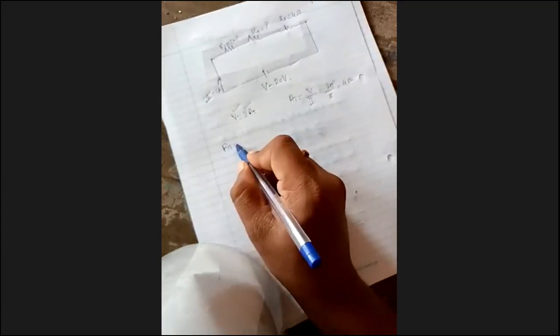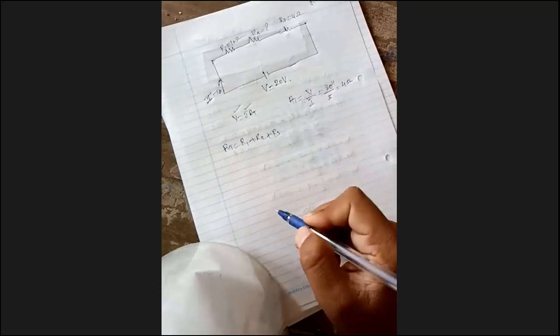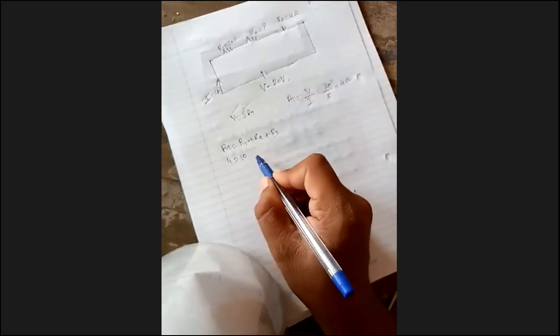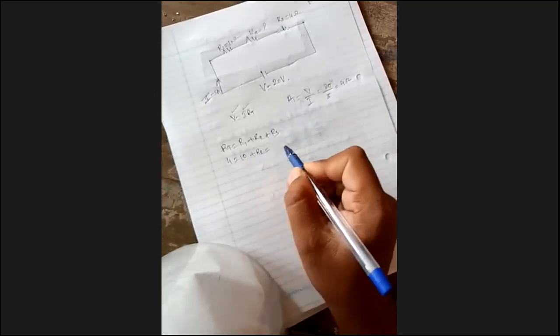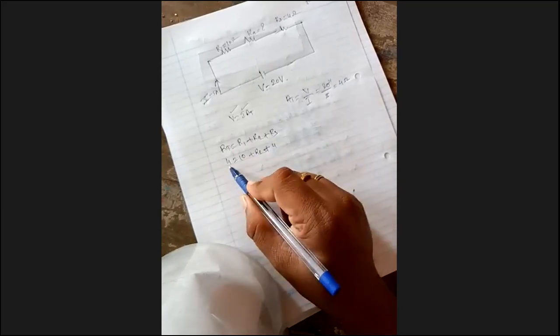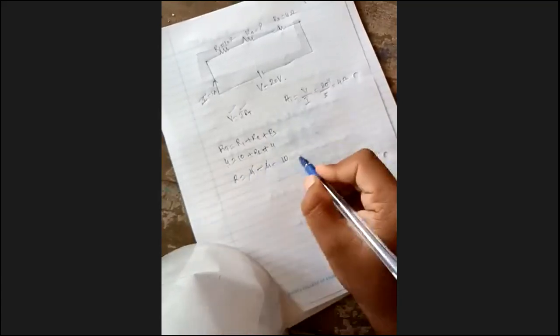So RT equal to R1 plus R2 plus R3. So RT equal to how much? 4. R1 equal to 10 is given, plus R2 is question mark, plus R3 equal to 4 ohm. When I send this 4 to this side, R2 equal to this 4 I keep as it is, minus 4 minus 10. So 4 gets cancelled. Minus 10 is the correct answer.